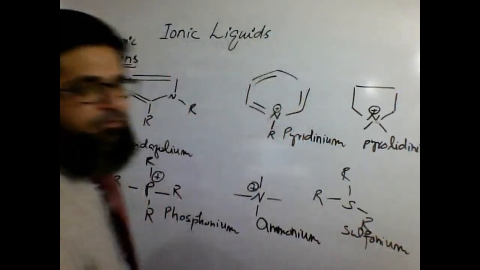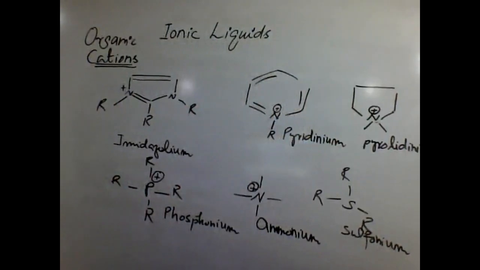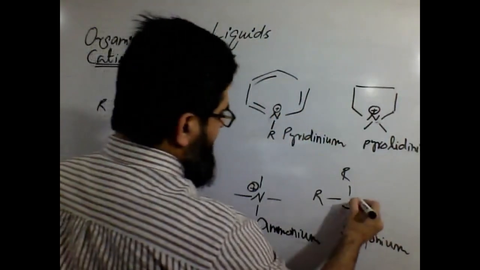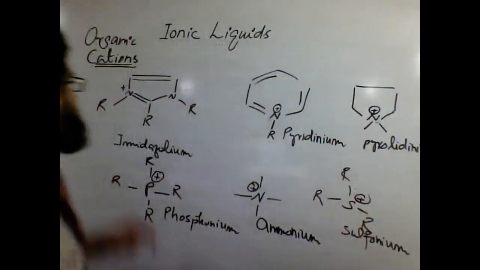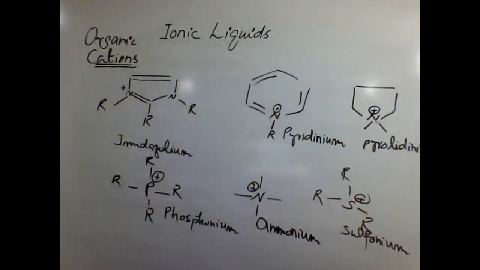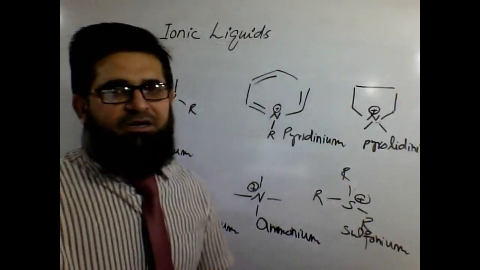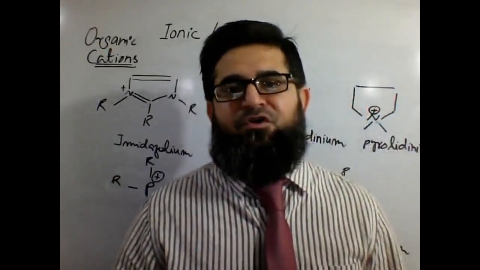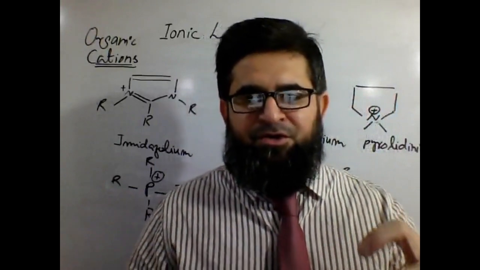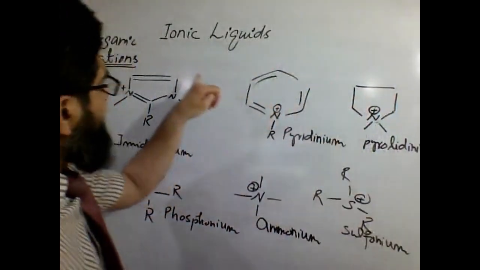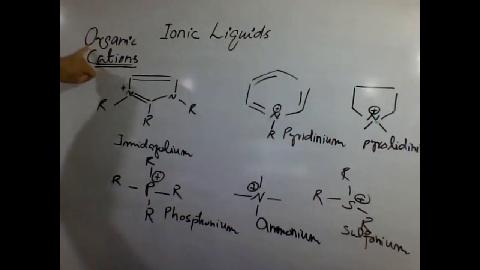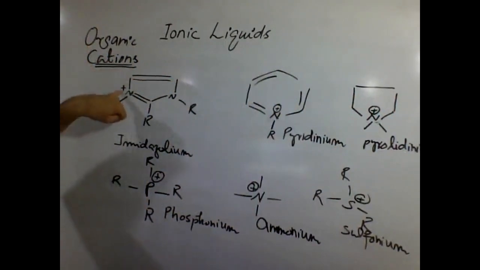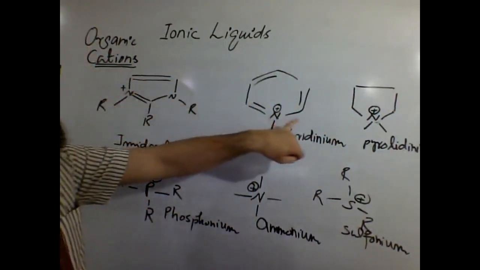So I've given you 4-5 different examples where the cations are originated, have been produced from the organic compounds. So that is why they are organic cations, because in all the structures I've presented here,